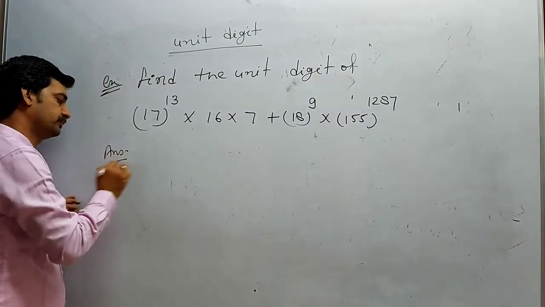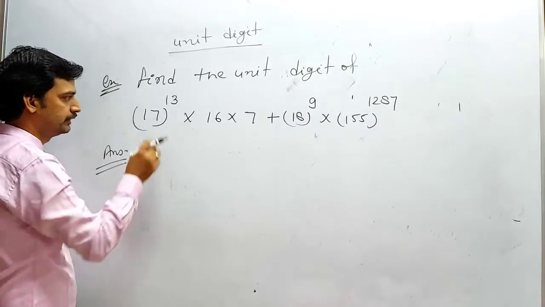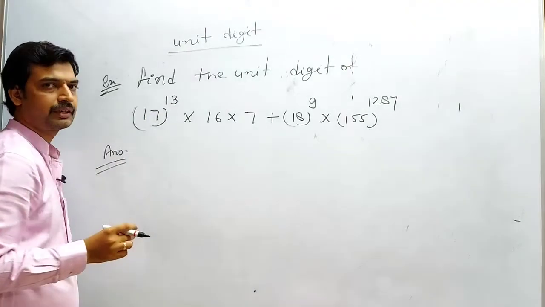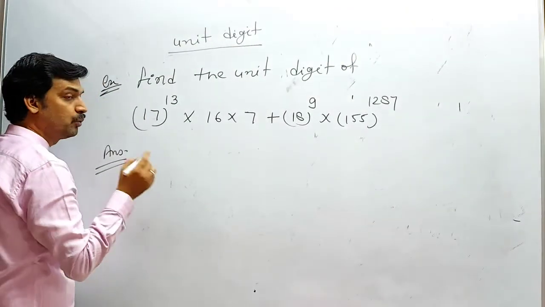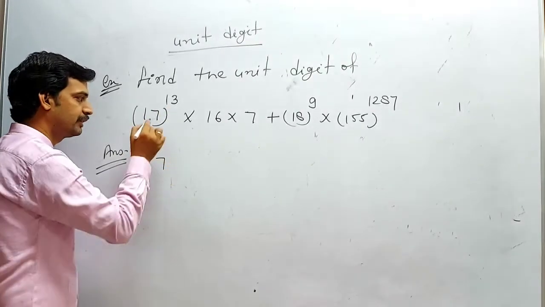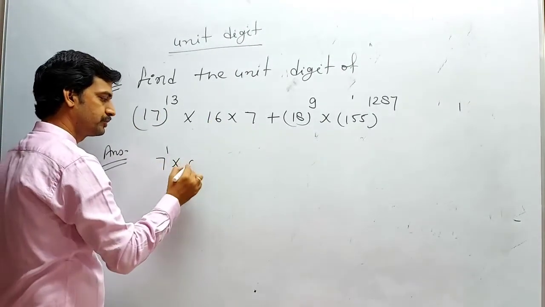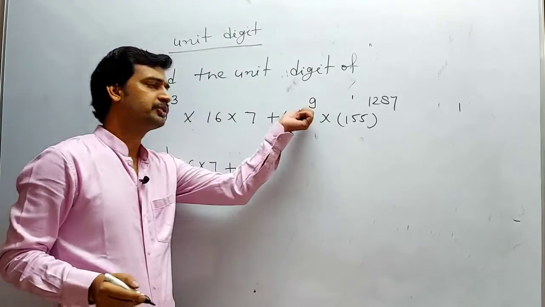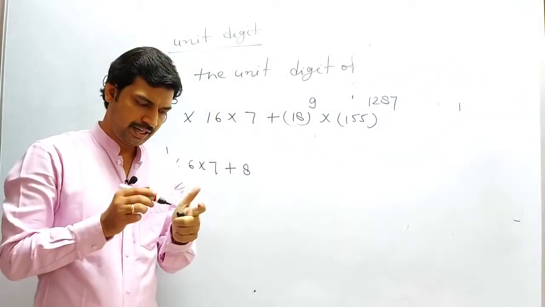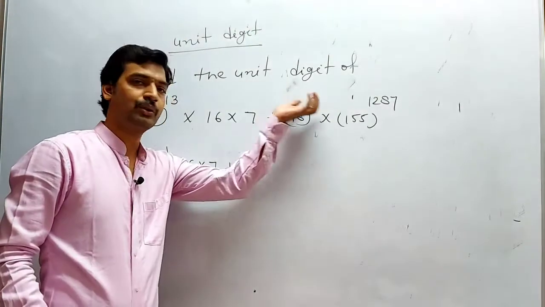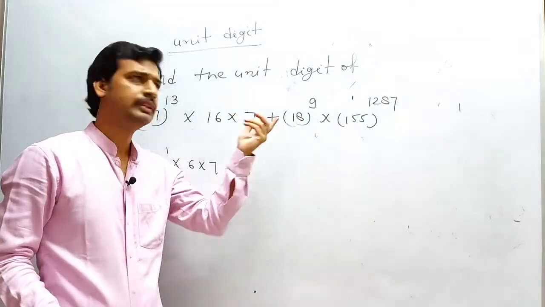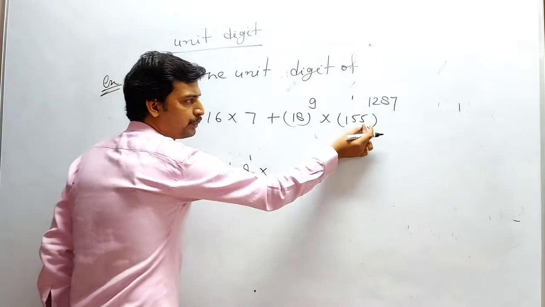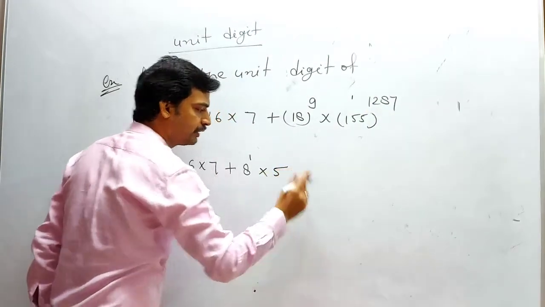Always use the operation on the unit digit only. This is what? 7 raised to 13. 13 is already 2 digits. With 2 digits, 13 is divided by 4. The remainder would be what? 1. 4 threes are 12, remaining is 1. That means it will give you 7 raised to 1 into 6 into 7 plus. Now it will give you 8 raised to 9. This is a single digit number. We are saying that we need to divide 2 digits, but when there are no 2 digits, then we'll divide the single one. Then 9 divided by 4, what will we get? Remainder as 1, into, this is what? The unit digit is 5. No matter what the power is, the answer would be 5.